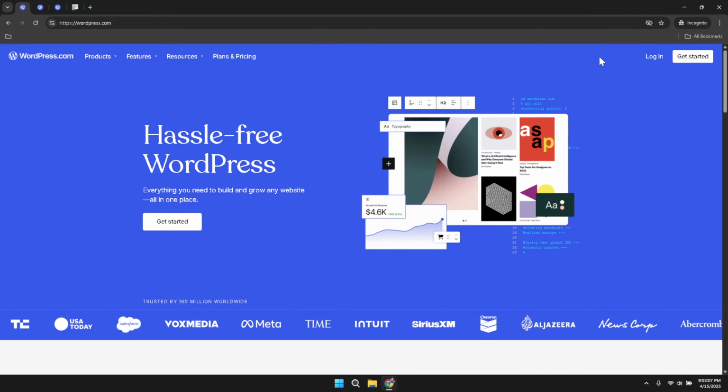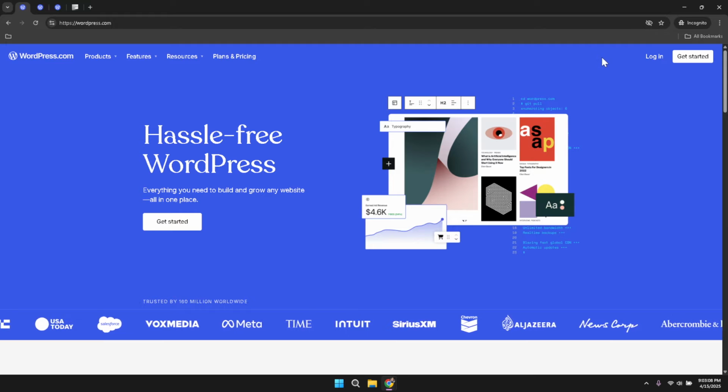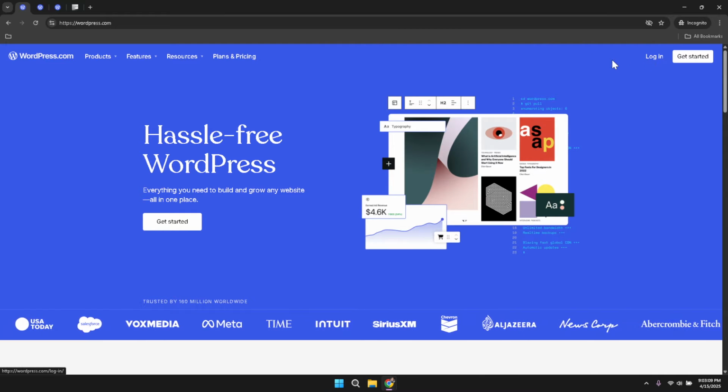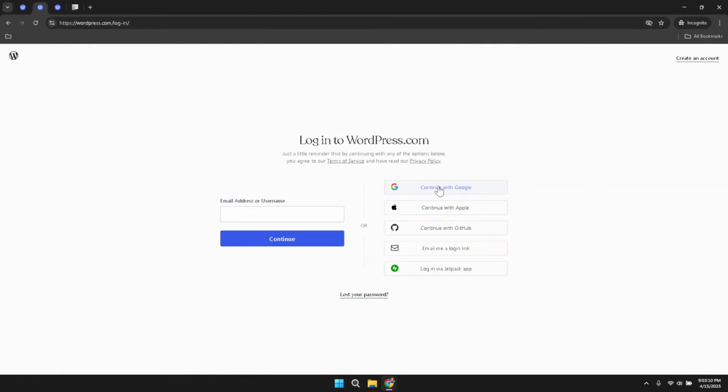To proceed with signing in, look for the option that says Continue with Google. This option simplifies the process, especially if you are already signed into your Google account in your browser. By clicking Continue with Google, you'll be asked to select your preferred account from a list of available accounts linked to Google. Choose the account you usually use for your WordPress work. This method ensures a swift and secure login process without the need to remember a separate username and password dedicated